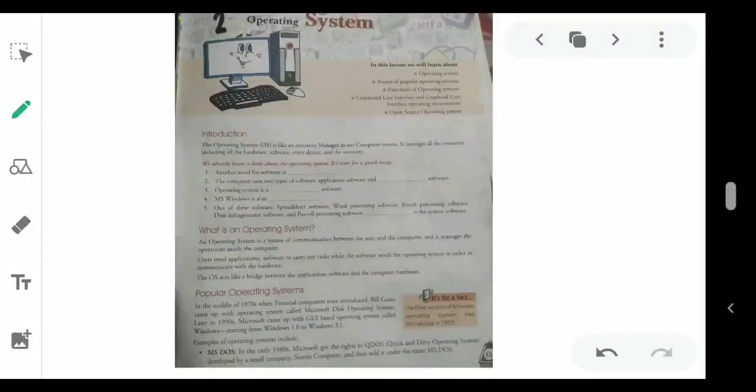Today we will start the new chapter. The chapter name is operating system. Okay, so operating system, or you can known as OS. Okay, so operating system or OS actually